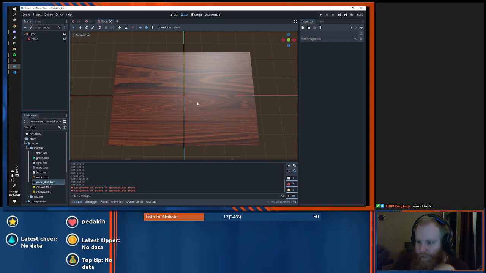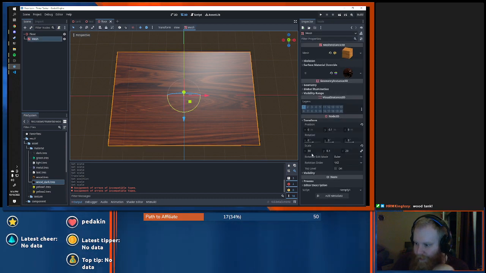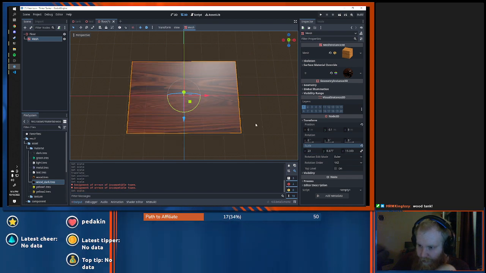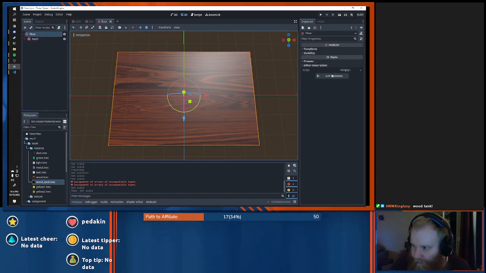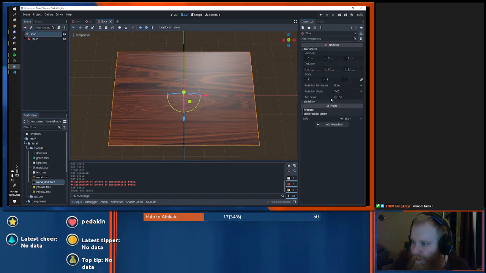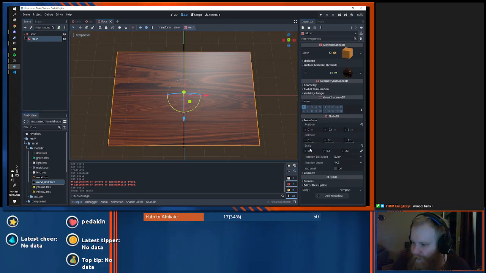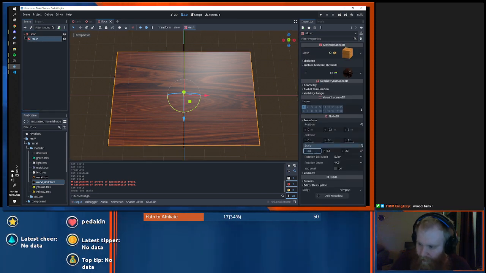So we are going to make this, instead of 30, we're going to make this 23. Why did you do that? Oh, it's because I'm on the wrong node. It's this one. Right? No, it was the mesh. That just got checked again for some reason. Okay, 23.